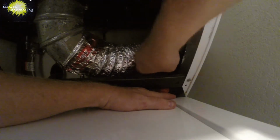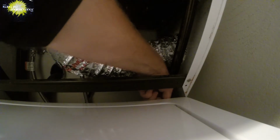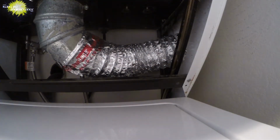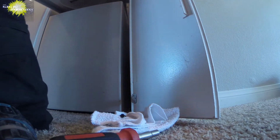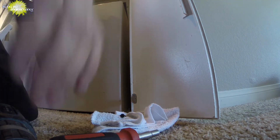What we're going to do is take a look at the shocks down below. Sometimes you can spin them back on, sometimes you can't. Sometimes you need new shocks and you've got to pull the whole machine apart. Here's our disconnect switch. Okay, now we can remove the...